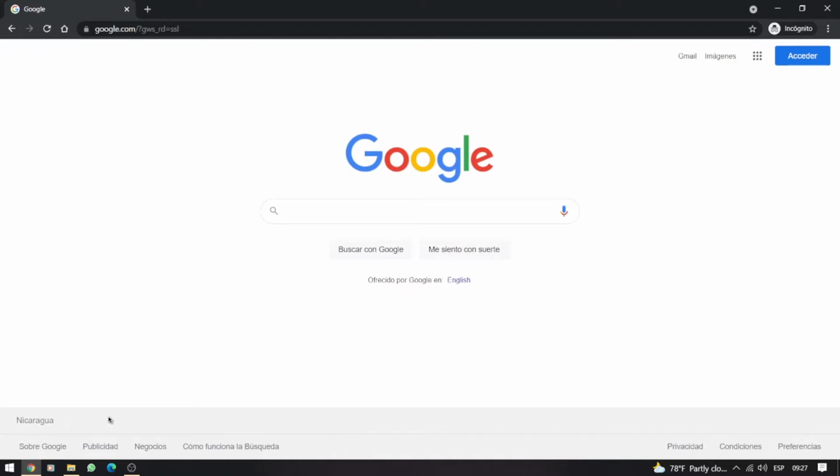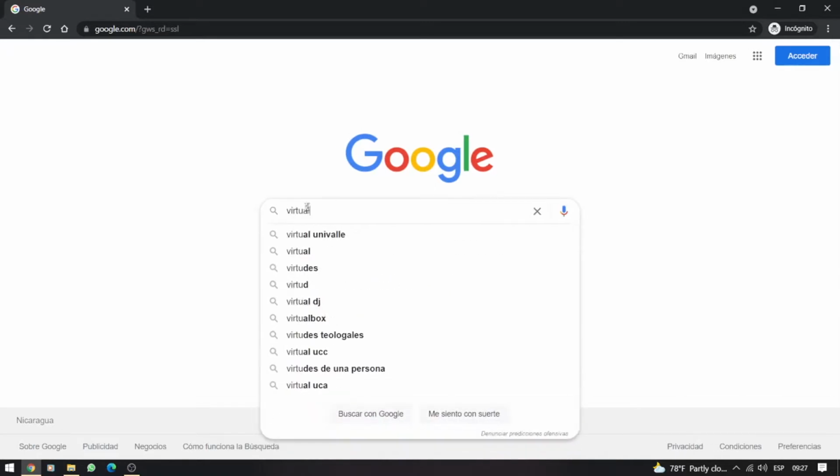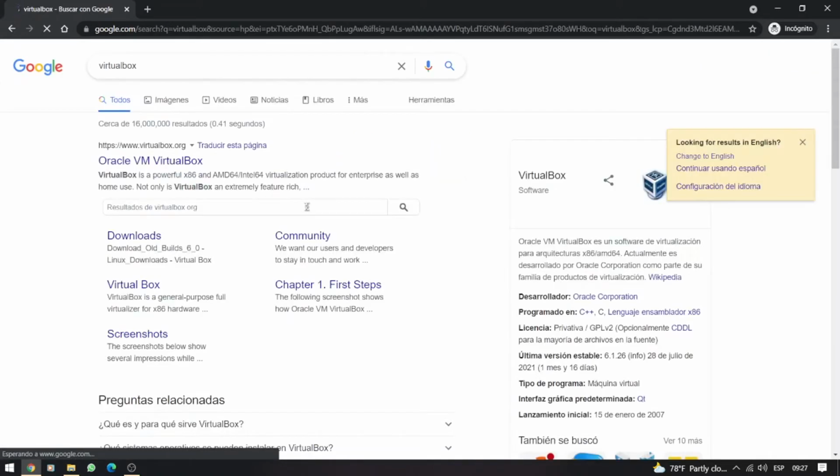So I'll just go ahead and go to it. What we need to do first of all is just go to Google, and we're going to search VirtualBox. It's just one word, and the first result should be the one we're looking for. As you can see, it's by Oracle, and it can be installed in different operating systems. So what we're going to do is just go directly to download,